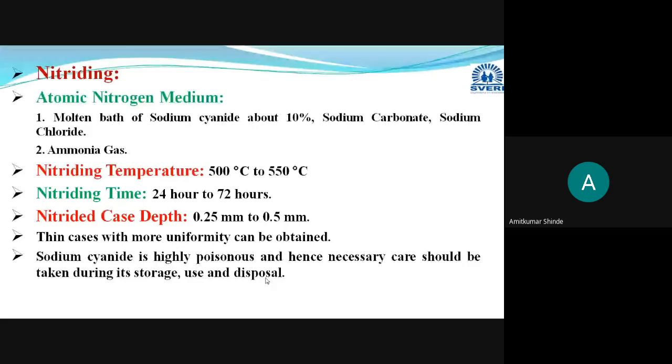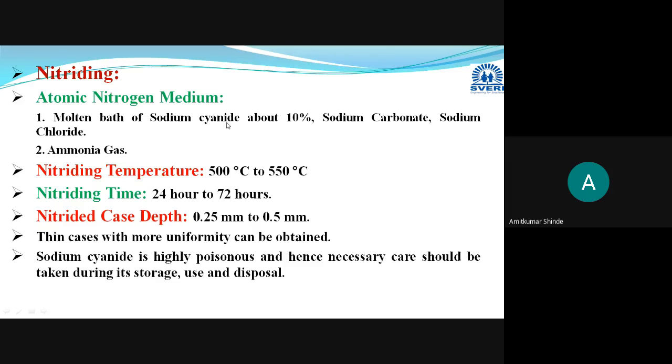Now, very thin case depths can be achieved in this nitriding process, from 0.25 to 0.5 millimeter. Depending on the medium used, these nitriding processes are classified into two types. If you use a liquid medium for performing the nitriding process, then that process will be termed liquid nitriding. And for that liquid nitriding, the medium used will be a molten bath,